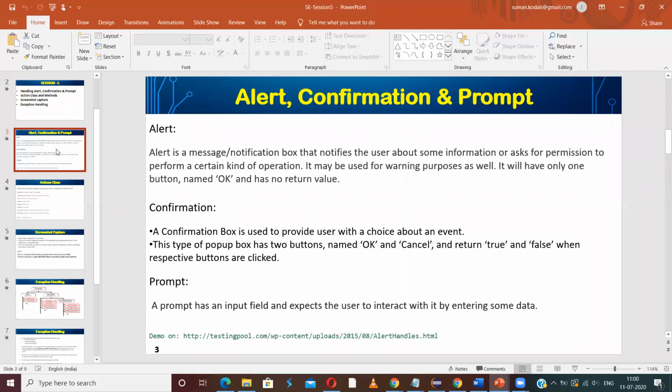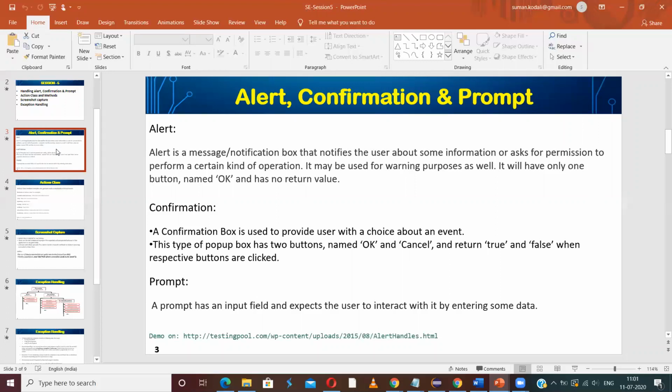So whenever a prompt is presented to the user, the user will type some text. That text can be read by the program, and accordingly the programming logic will be developed, or will take different flows. So that is the difference between alert, confirmation, and prompt. Alert is a pop-up with a single button which doesn't return any value.